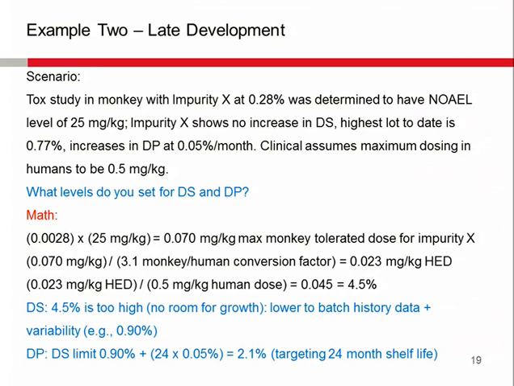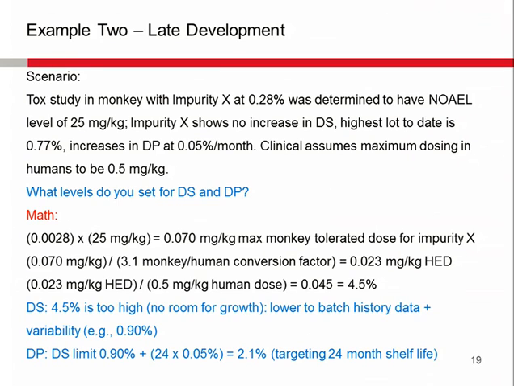And you would say, just looking at the drug substance, 0.28% times that safety. This was in a monkey, so you divide by 3.1. You come out to the max dose, and you see you could have justified 4.5%. But clearly you're not going to set 4.5% in your drug substance because you know it's going to degrade in the drug product. So you may, in this particular case, look at